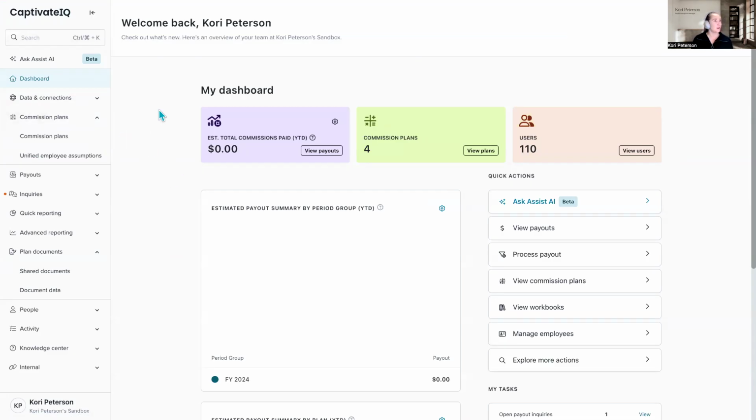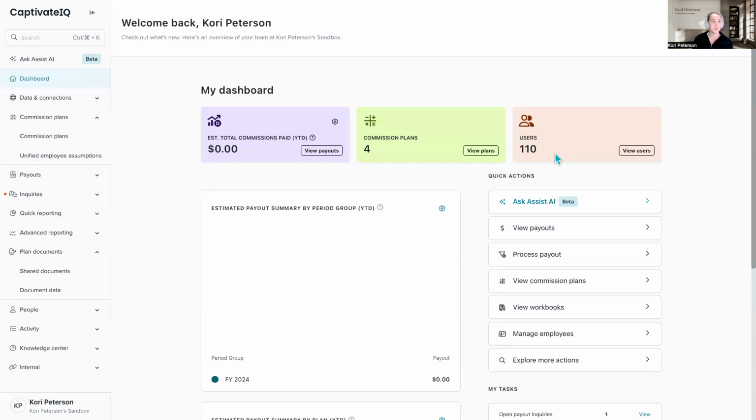But the first thing that you've probably noticed is that there are a lot more widgets throughout the CaptivateIQ experience that will give you nice insights, not only into your commissions, but also the tactical and administrative tasks that you're likely managing. So I can see here how many commission plans I have. I can see right at a glance how many licenses or users I have. Well, this is just users, licenses is later. But this just gives me an at-a-glance view of what's going on in CaptivateIQ and maybe what needs my attention. But all of these widgets link out to their respective parts in the platform.